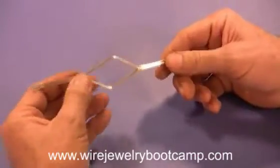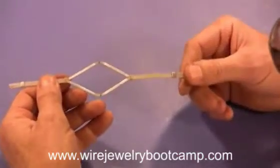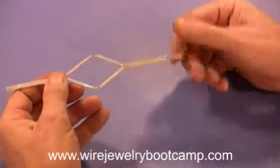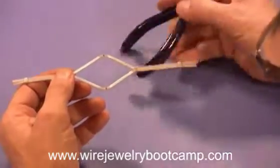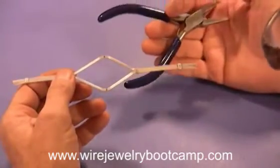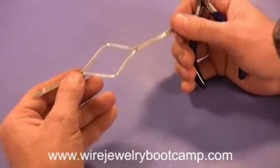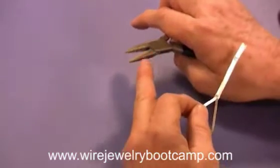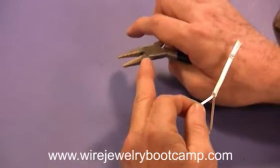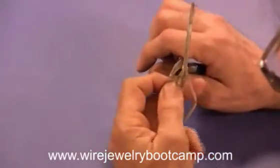I just wanted to show you some of the things you can do with this tool. So there is my opening with silver, 21 gauge. So I want to grab the 21 gauge secret weapon, written on the side. It's the dark blue one, 21 gauge. Okay, let's open this thing up with the big fat one. And that's 1, 2, 3, 4, the 4th notch. And let's go all the way up